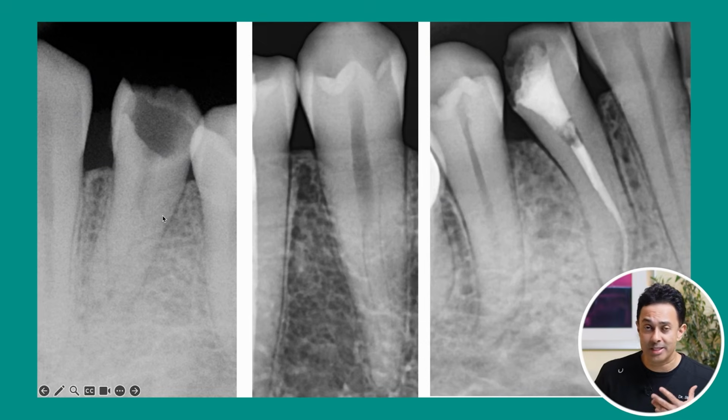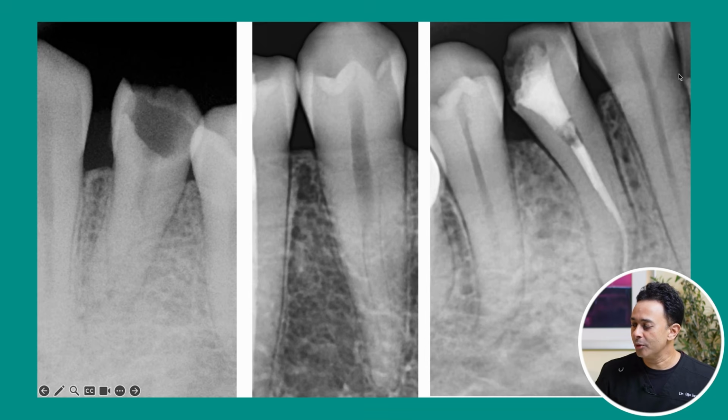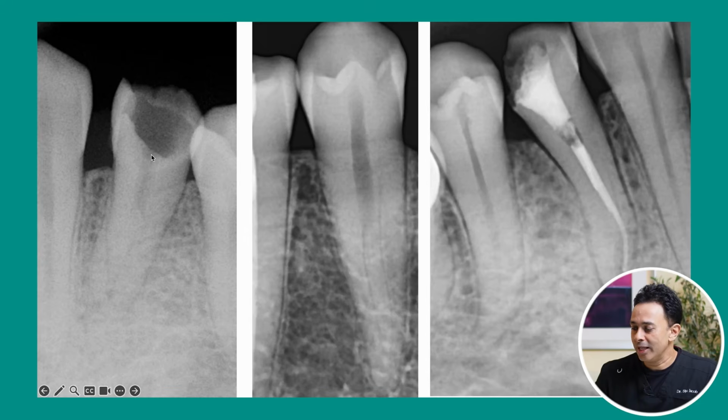Firstly, radiographs. When you assess the radiographs of these sort of cases, you can see that most of them will follow a certain pattern. Now, when you look at a regular single canal mandibular premolar, you are going to find a continuous canal all the way from the orifice to the apex. But when you look at bifurcations and trifurcations, you will note that you have a radiolucent line which starts as a thick radiolucent line from the orifice, but somewhere in the mid-root or towards the apical part, that dark radiolucent line disappears midway. And that's a clue that there is some bifurcation or trifurcation happening.